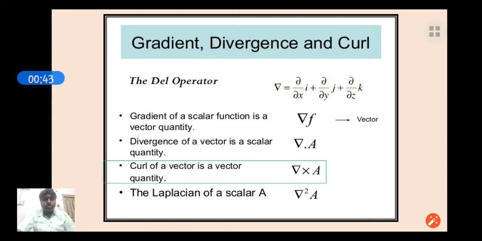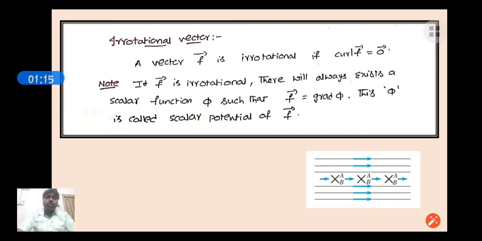If the curl of a vector point function is 0, it is called an irrotational function. In the previous lecture, I also discussed different examples of how to calculate the curl of a vector point function, and how to show that a given vector point function is irrotational. If your given function is irrotational, that means curl f bar is equal to 0, then f bar is called a conservative vector point function.